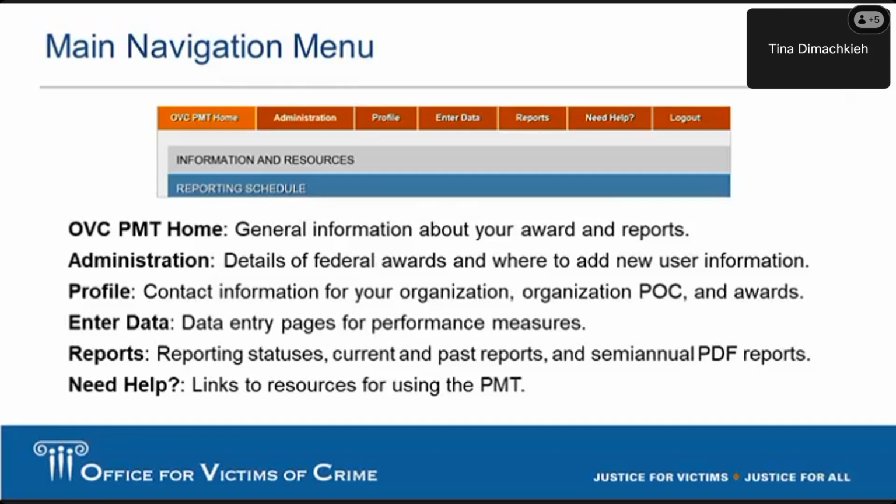The next tab is the Administration tab. This tab is extremely important in helping our users create additional users at their organization. The tab includes two sub-tabs. The first sub-tab is for federal awards, and it includes details about the different federal awards under that specific OVC program. So if you have multiple human trafficking awards reporting in the PMT, they will all be showcased there, and